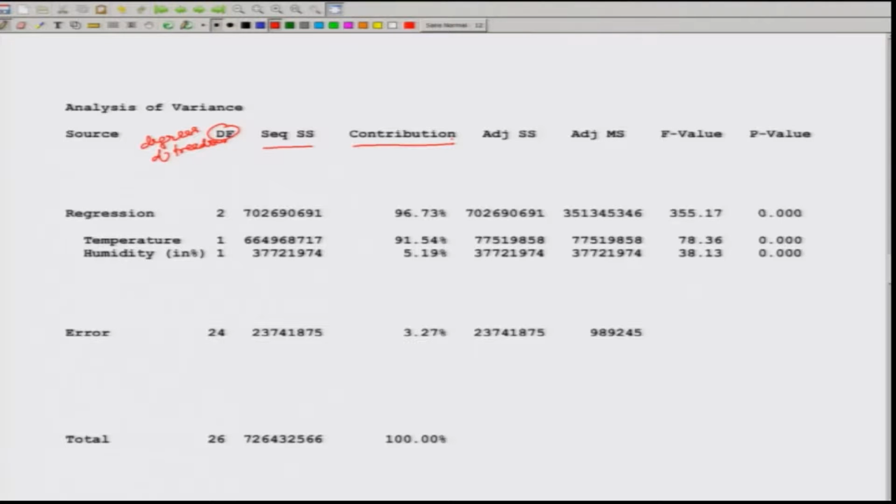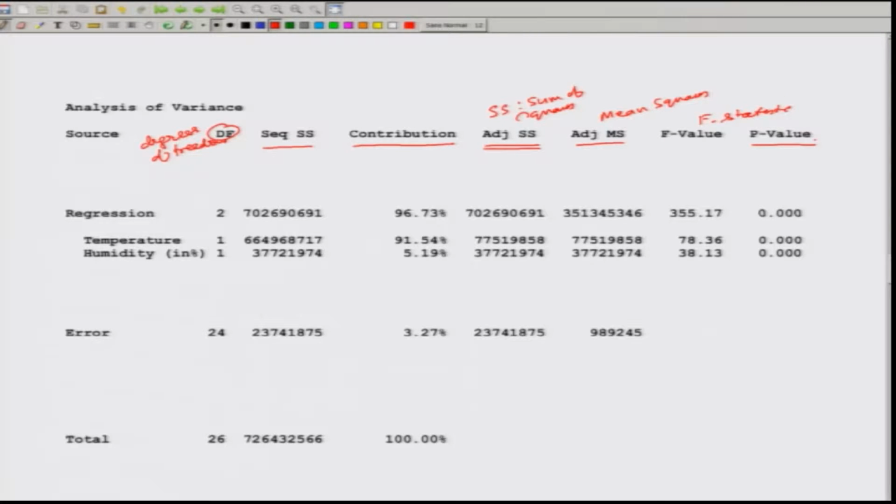What we have considered in our lecture is that we have obtained the sum of squares, which is denoted here as adjusted sum of squares. So in our terminology, this is SS, the sum of squares, and this is in our terminology the mean squares, and this is the value of the F statistic, and this is the